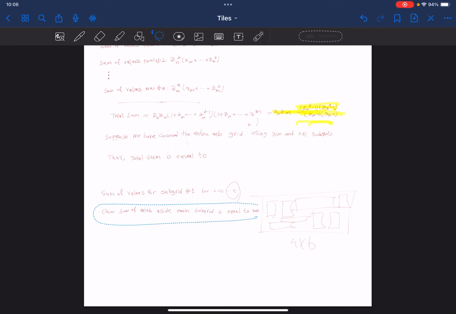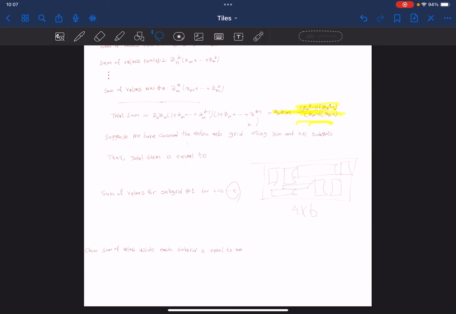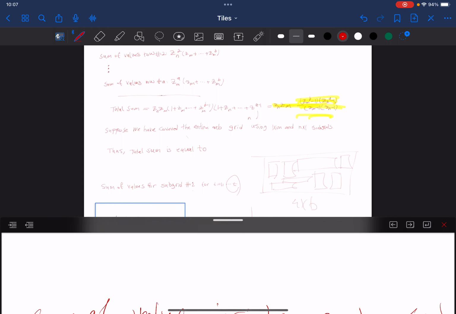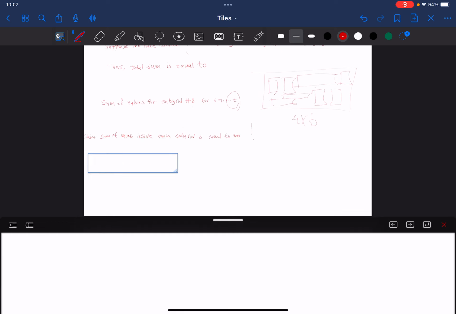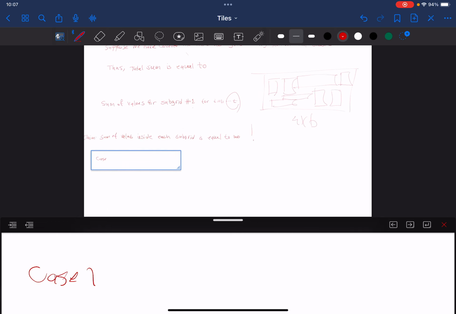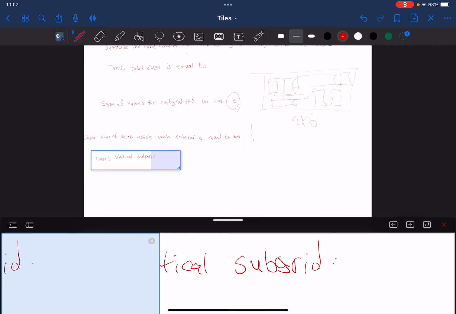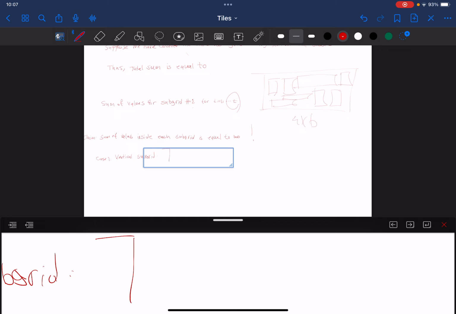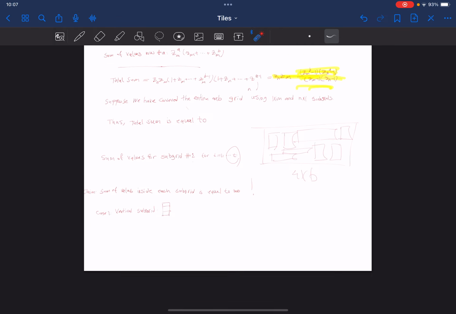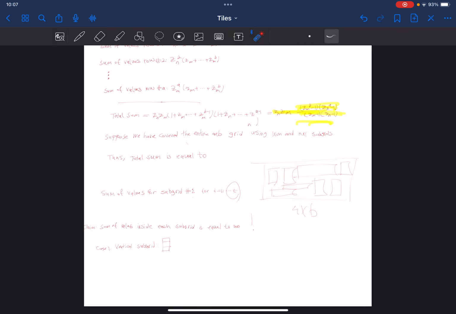And I'm going to give a proof of this in a second. Suppose it's vertical, for example, case 1, vertical subgrid. So I'm given a vertical subgrid here, and